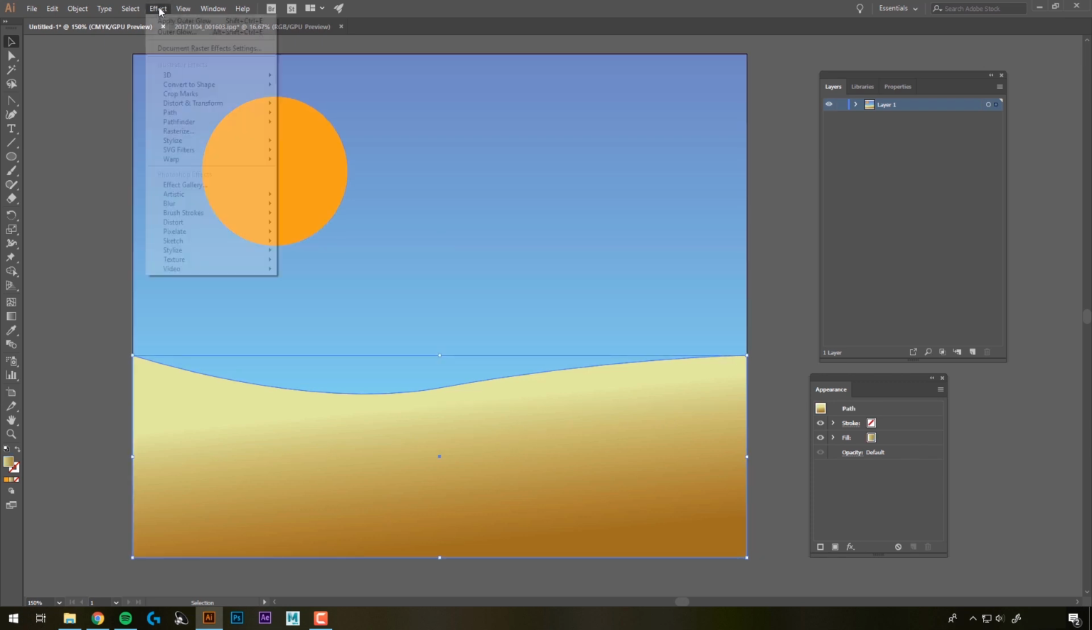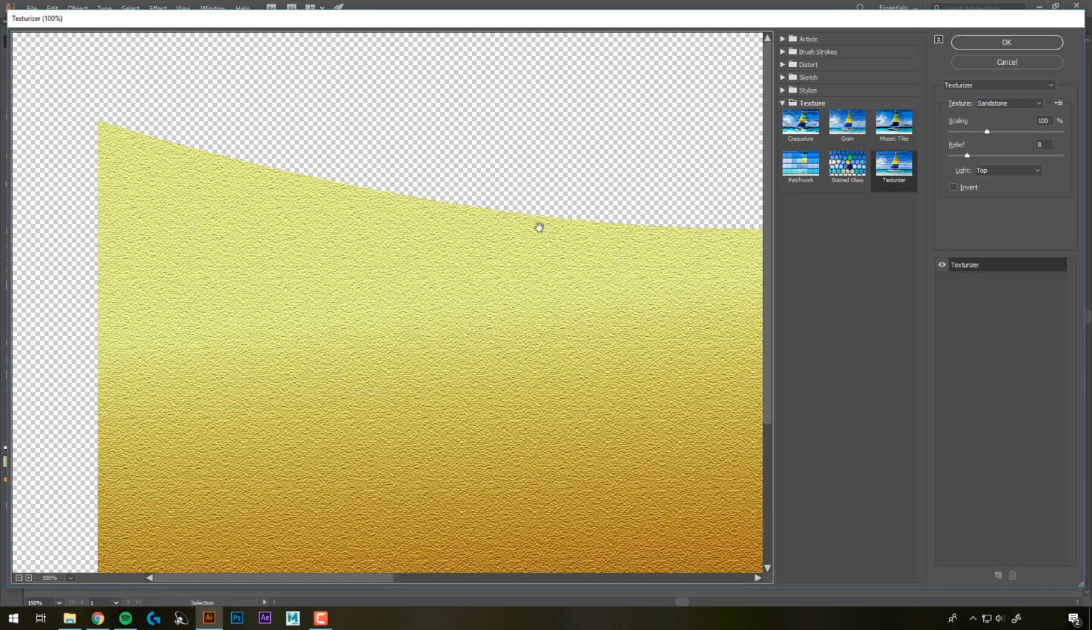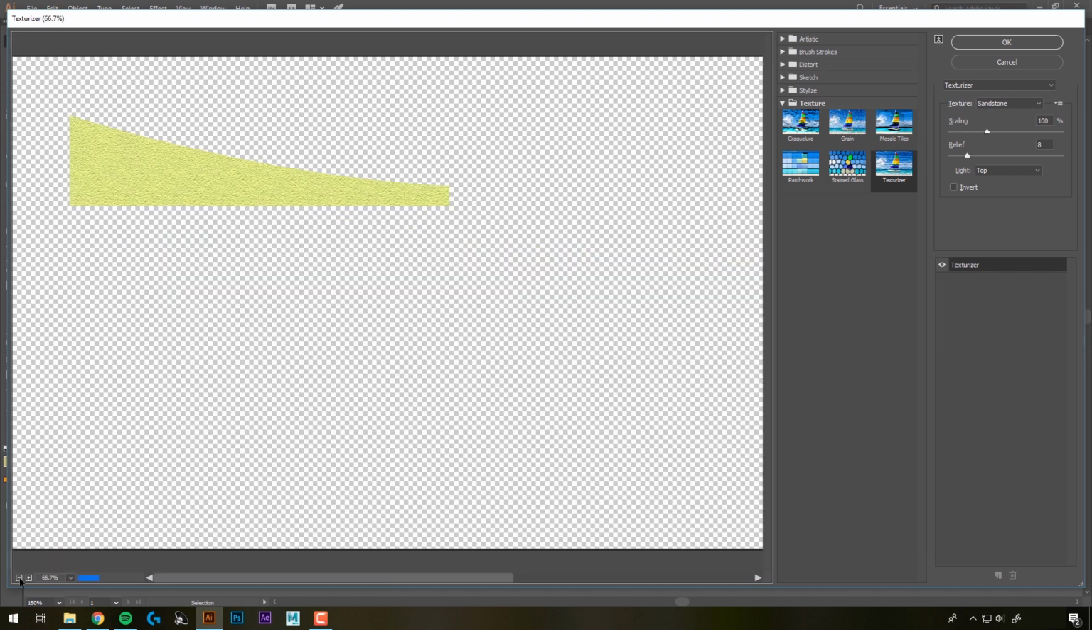So I'm going to select it, come up to Effect, and then we'll go to our Photoshop effects. They're all in here, but if you go to the Effect Gallery, it brings up a panel that lets you preview all of these. So we'll click Effect Gallery, and we have the sand selected, so it's only going to show our sand. And if we want to zoom out on it, you can come down to these buttons here,